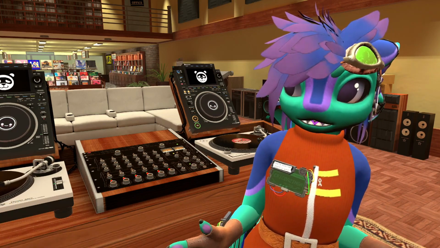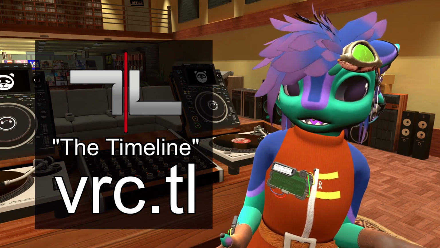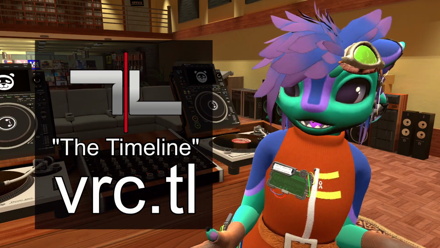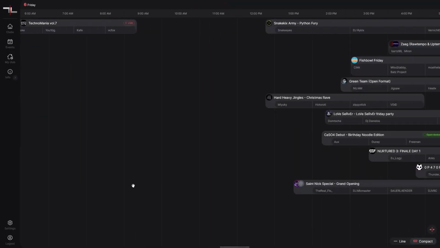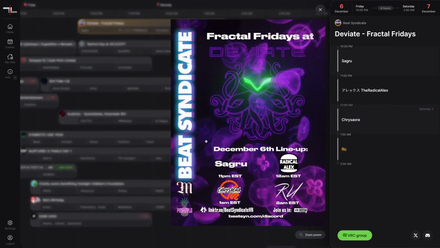There's a lot of different groups here, so my recommendation is going to vrc.tl in your web browser to bring up a live timeline of events. But which one should you go to? Whichever one sounds good to you. There's events for all sorts of genres, from drum and bass to disco, so you're sure to find the one